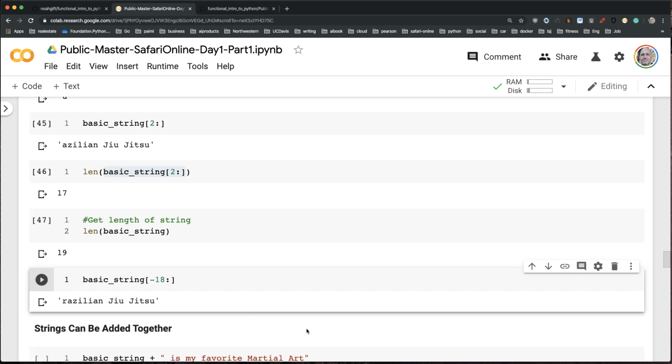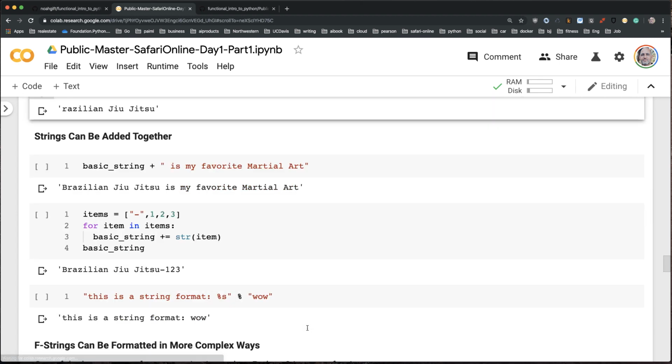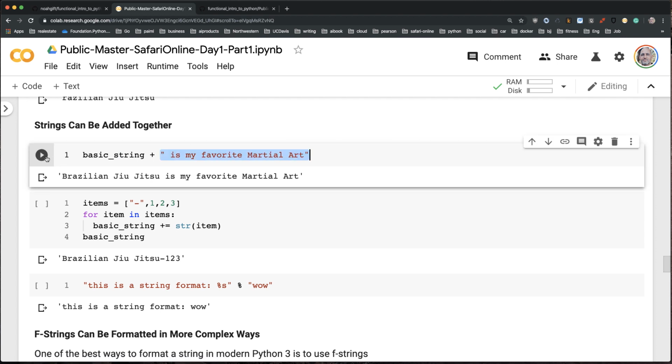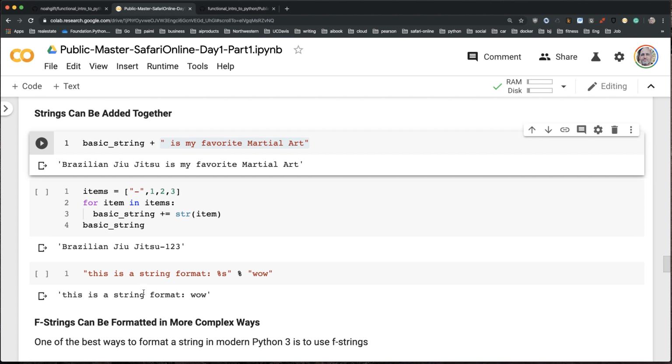So what else can you do with a string? Well, strings can be added together. So here's an example of I have a basic string and I just want to add some other string together with it. I just add these 2 together. I just use the plus sign. And if I wanted to, I could do something a little bit trickier, and this is called string concatenation, and I can use that same for loop concept, and I can say for everything inside of this list here, I have this,